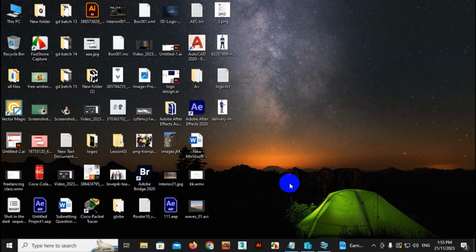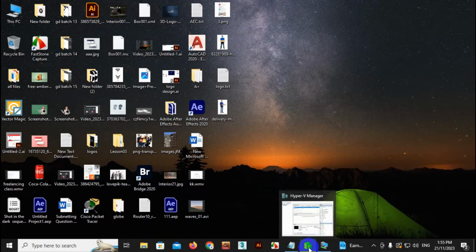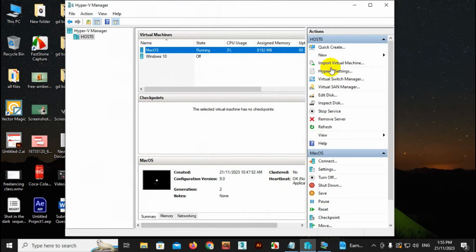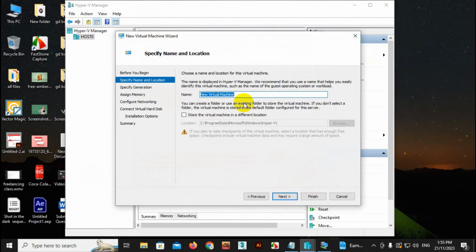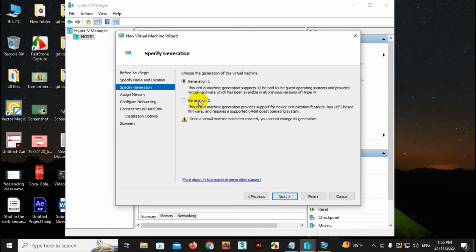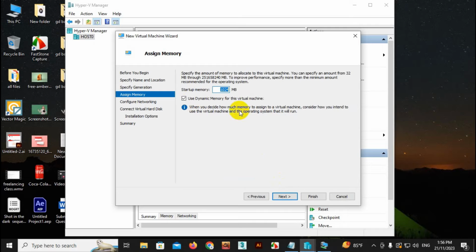Now go to your Hyper-V, click on New, click on Virtual Machine, click Next, give a name. I am giving the name. Next, select Generation 2, Next, and now